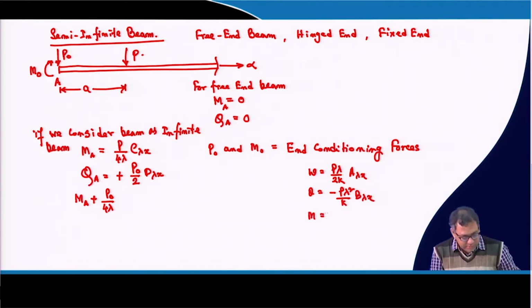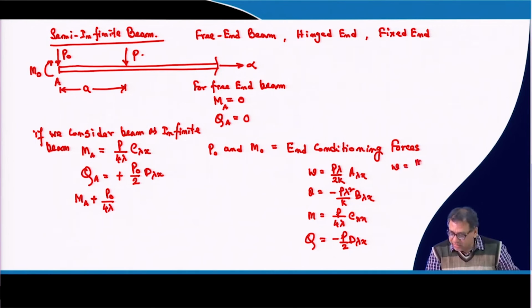Now M is equal to P by 4 lambda C lambda x, shear force is equal to minus P by 2 D lambda x. This is due to the concentrated load, and due to the concentrated moment your W is